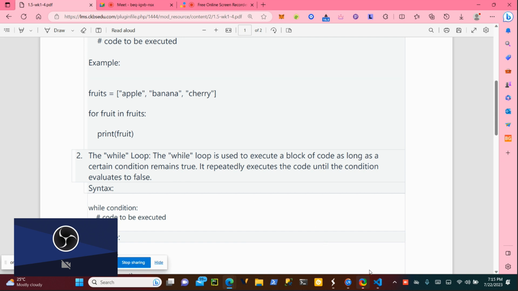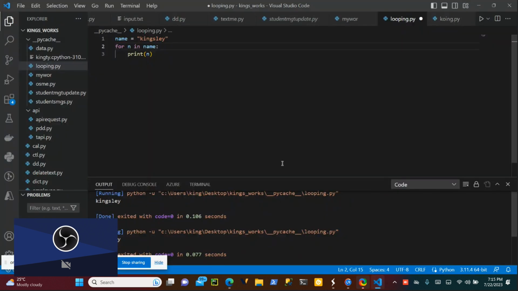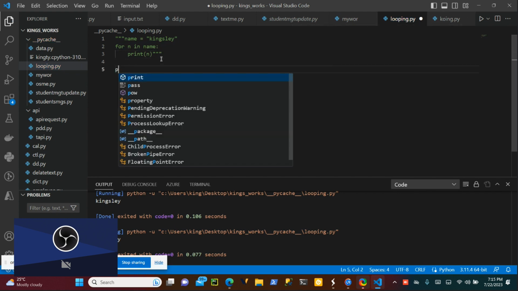Let's see an example. Like what I said, I want to print your name, Marcel, 5 times. So normally this is what you do. I would say print.